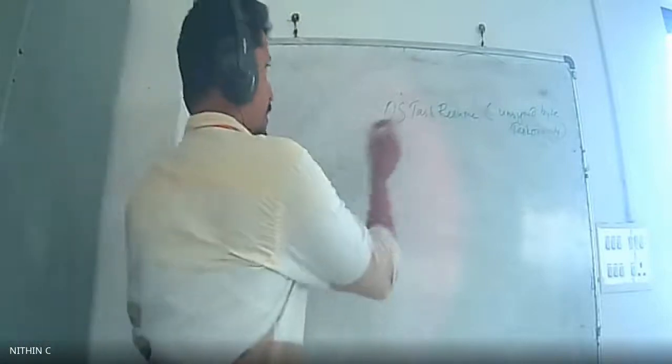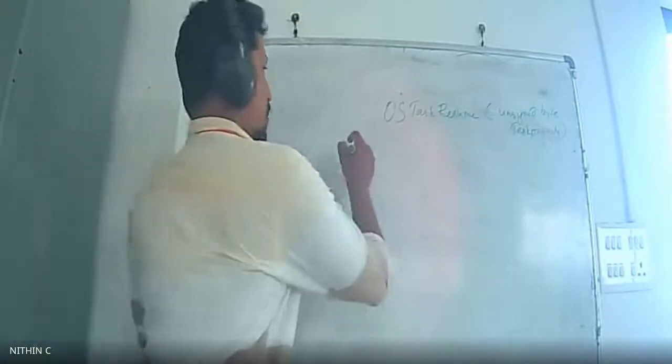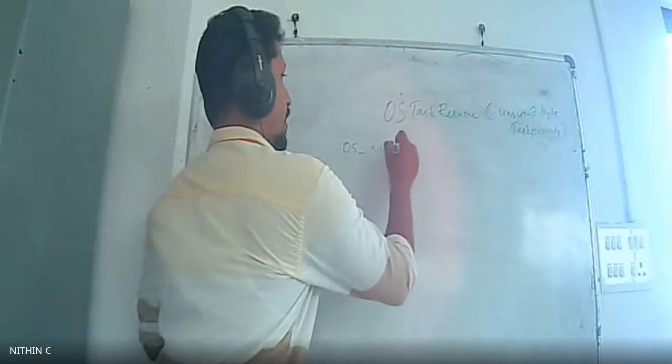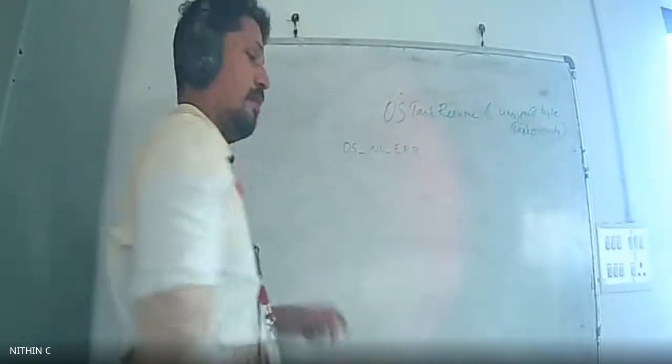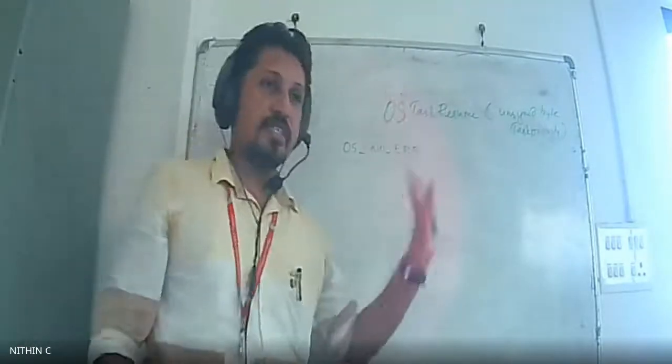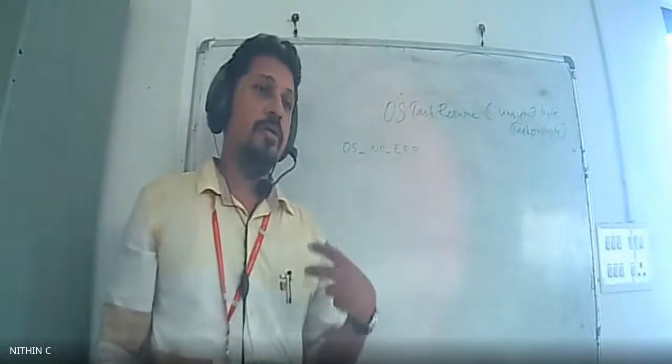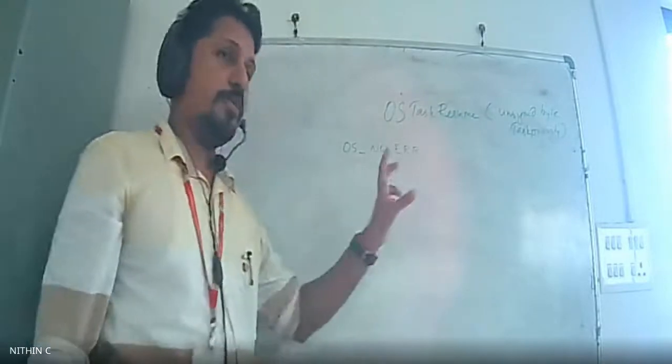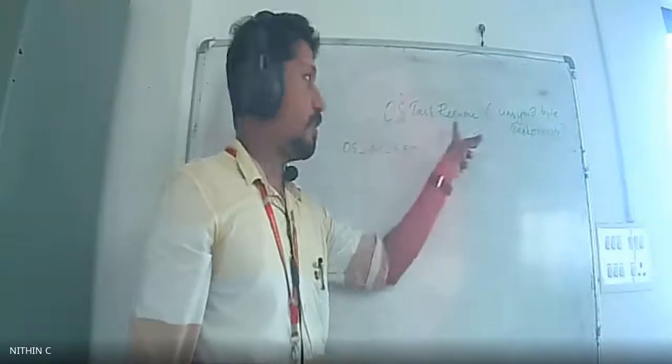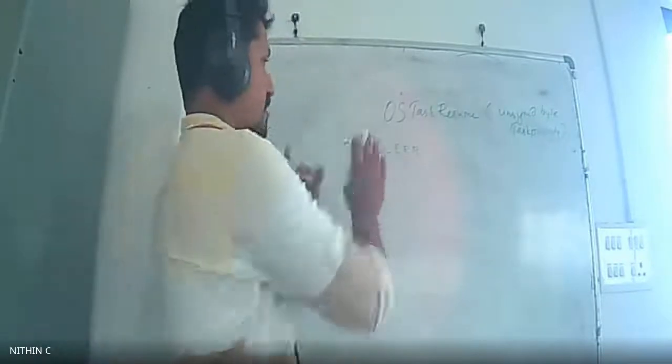Again, you will get some return messages like OS no error. What does this mean? This means that you have successfully resumed that blocked task. A task that was blocked is properly resumed. If that is the case, you will get a message like OS no error.